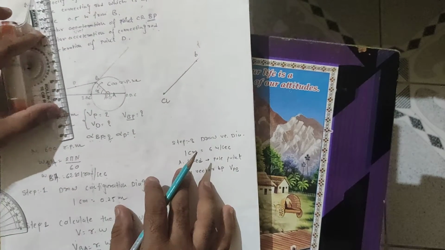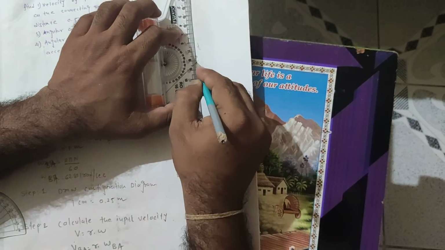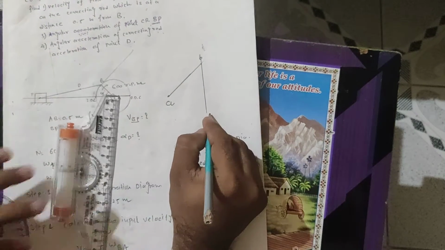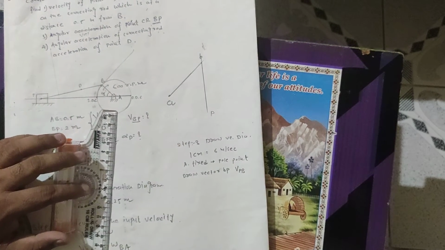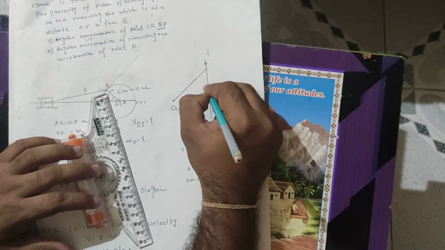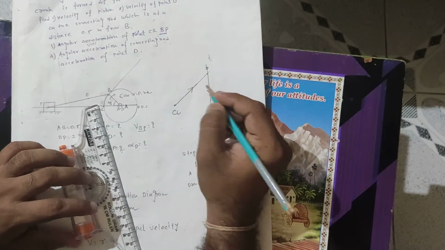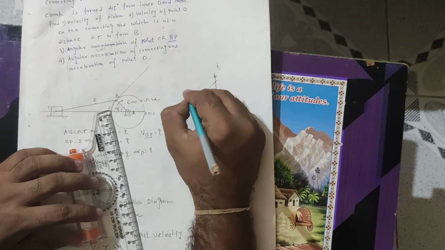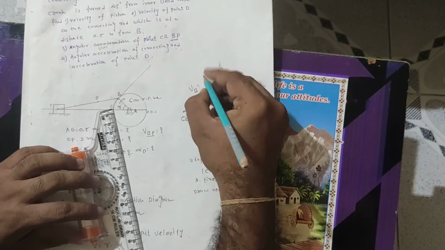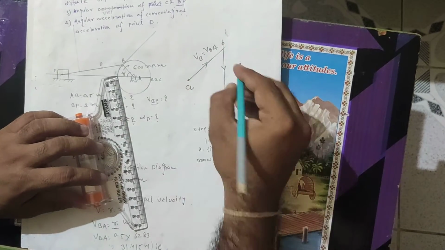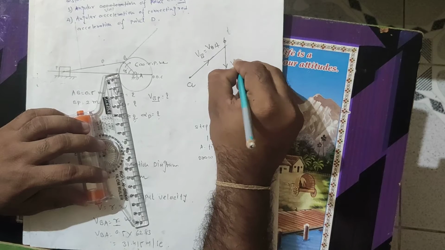Okay, but we don't know the magnitude, so at any point we consider this point as the P point. Now, whatever we have to find out: first, it moves in this direction, and second, it moves in this direction. This indicates the velocity of B, or we can say the velocity of BA. This indicates the velocity of PB.